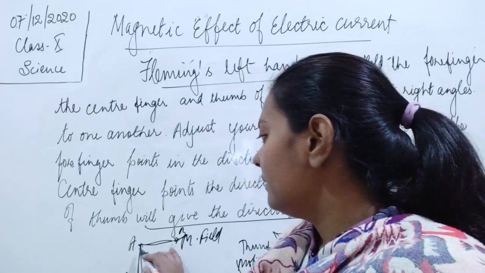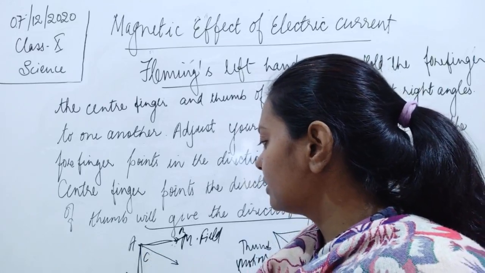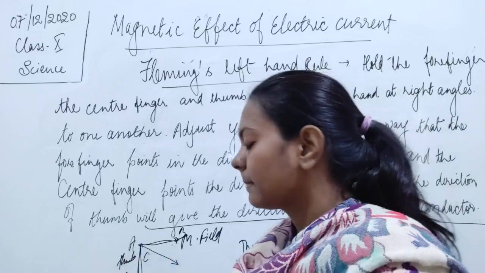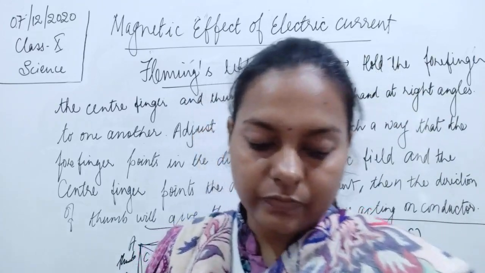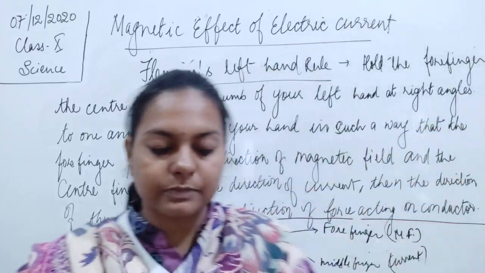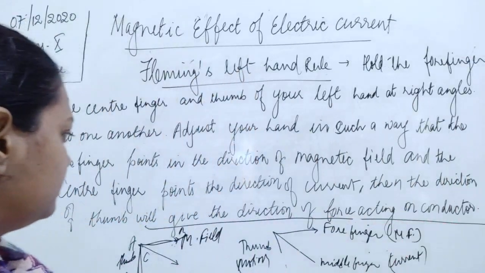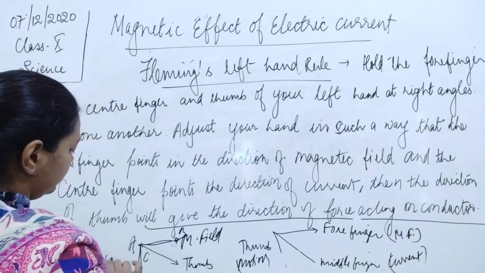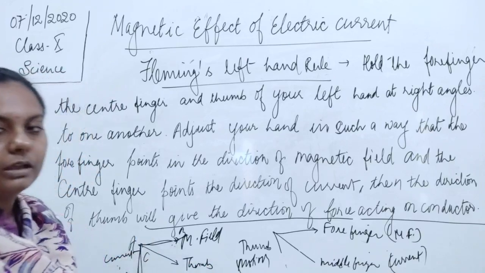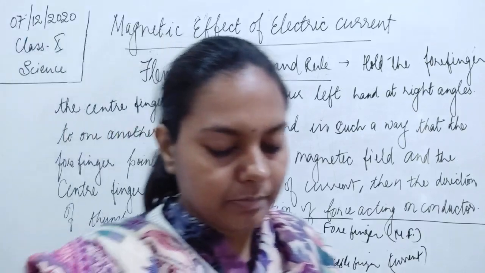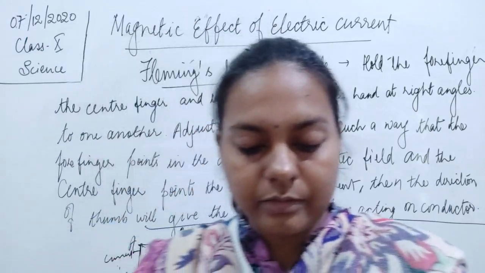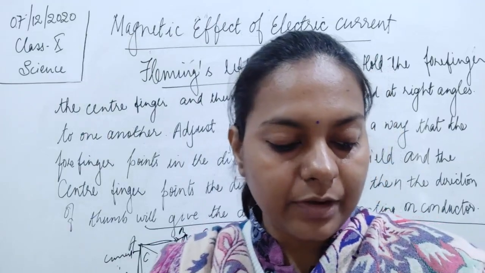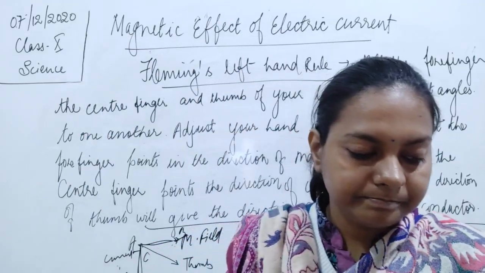ठीक है, तो यहाँ पे जो मिडिल फिंगर होगी वो आपका डायरेक्शन क्या बताएगी? This is thumb. So that is going to tell you the direction of the motion. That is being told with the help of the thumb. This is your thumb. Okay, this is current. Fine. So that would be the same. We can apply the rules in different objects where this Fleming's left hand rule would be known.